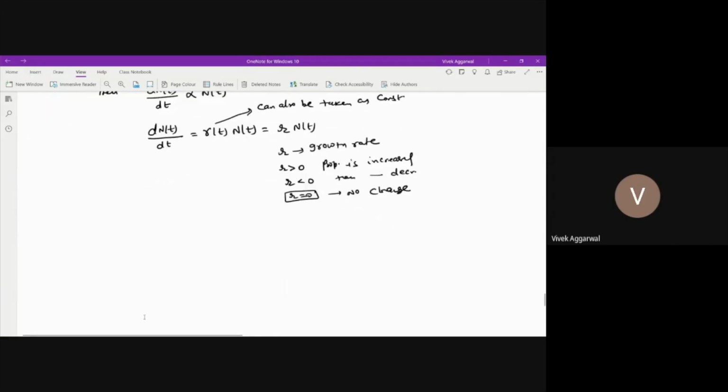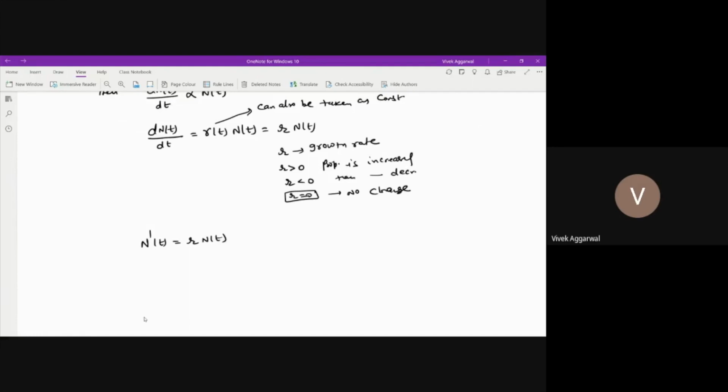Now I can write this equation as N'(t) = rN(t). It is just a simple first order equation.